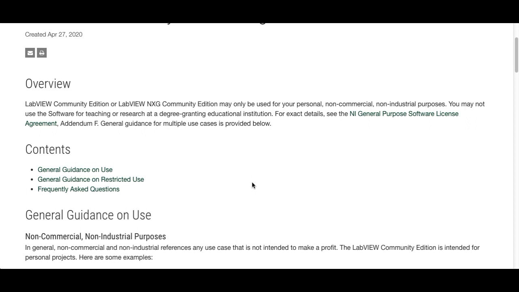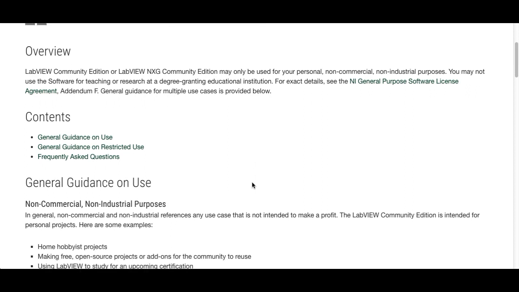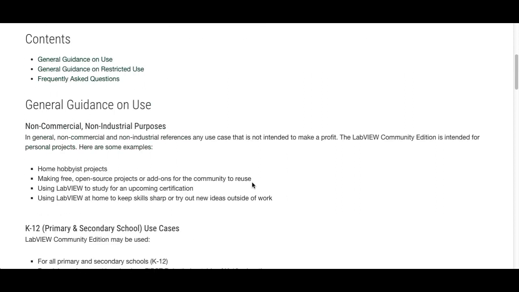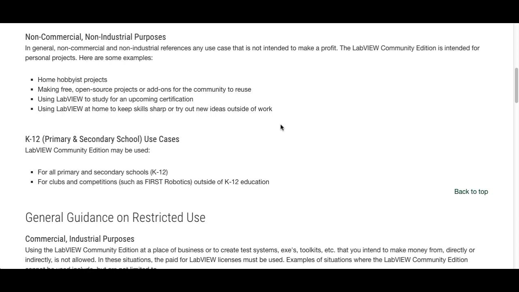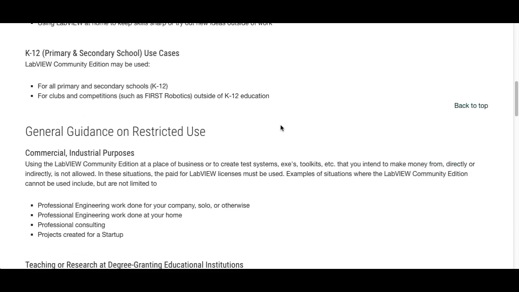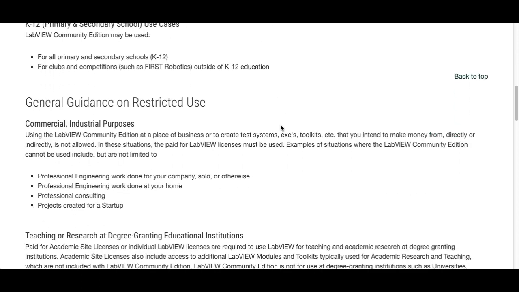That basically means you cannot make money out of this edition, but you can use it for home hobbyist projects, make free open source projects or add-ons for the community to reuse, and you can use LabVIEW to study for upcoming certification. As you can see, that is very important. You can use it for the CLAD, CLD, or CLA preparation, and use LabVIEW at home to keep skills sharp. For example, if you are leaving a job, switching between jobs, or have just left the university, you can make use of